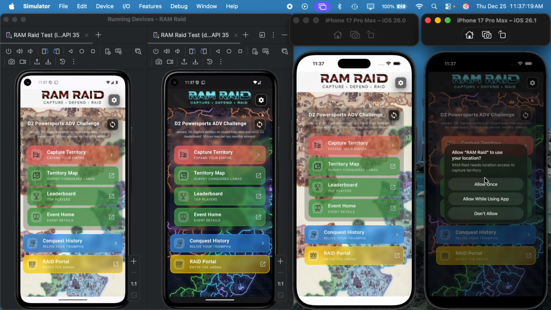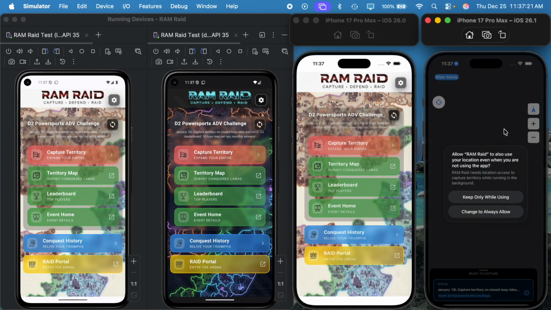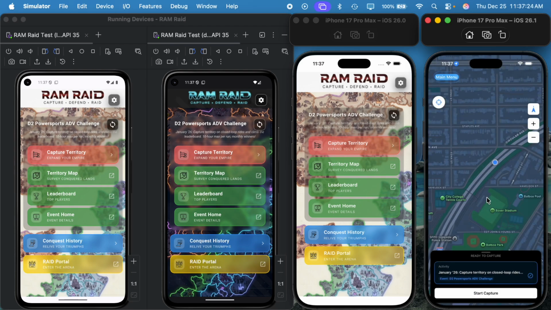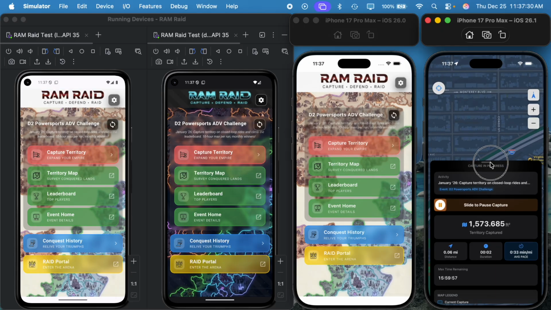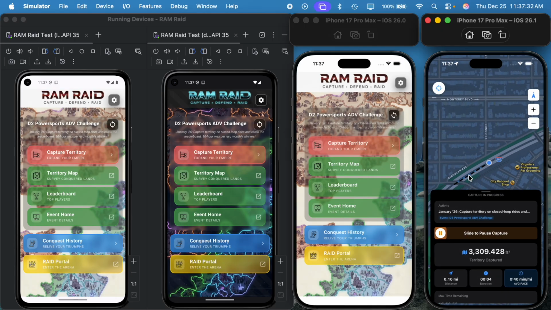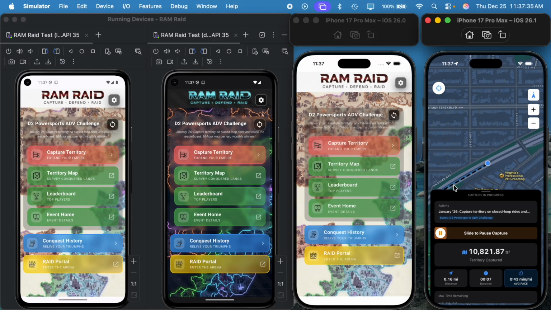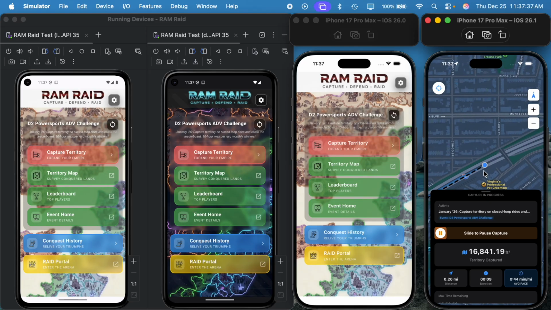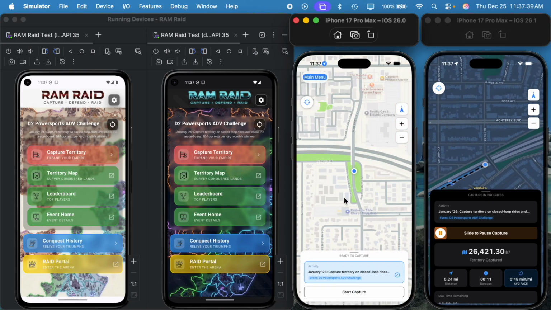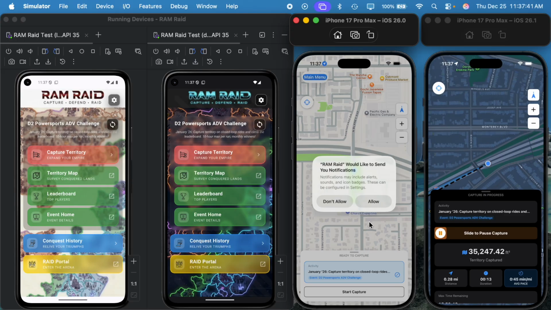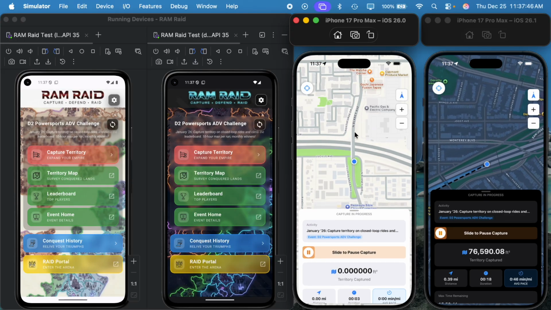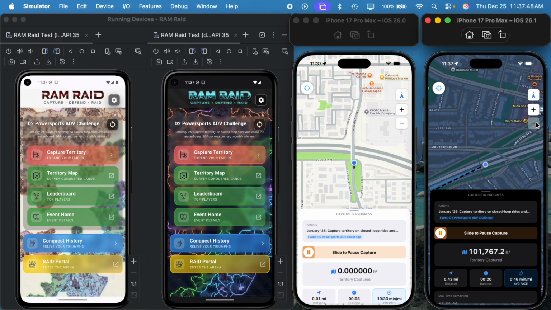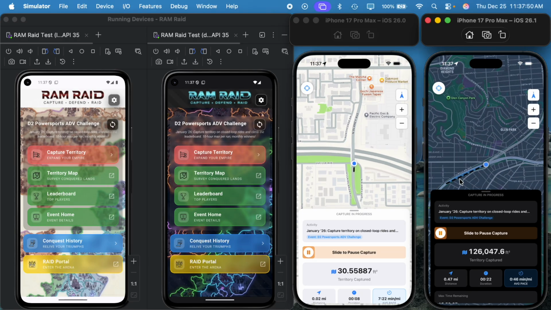On each one of these screens, we will start a capture, and what you'll see is that it's drawing a virtual line between the start and the stop, and then actively tracking the user in all other locations. So it's taking a recording of exactly where they physically are, and then also drawing a virtual line,